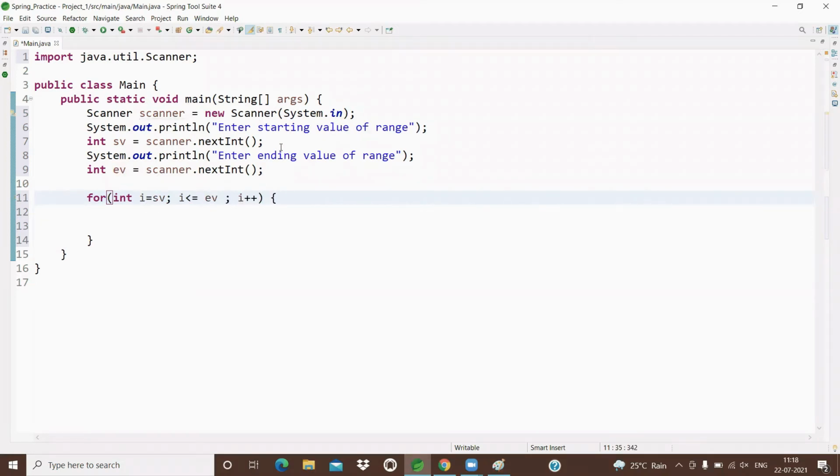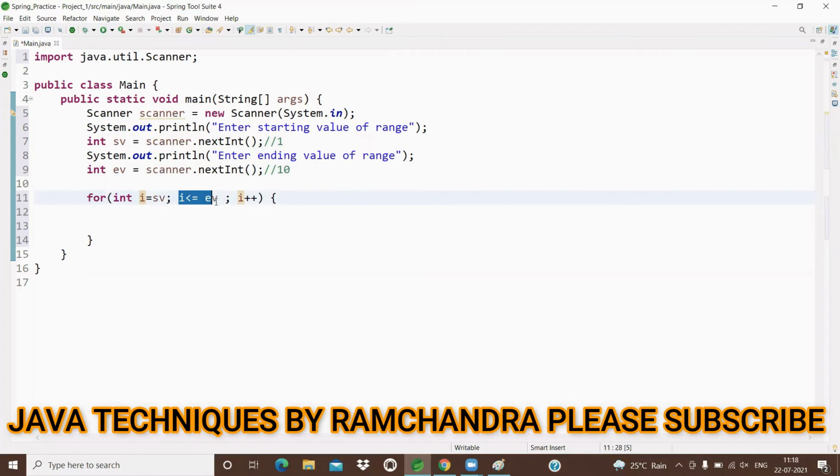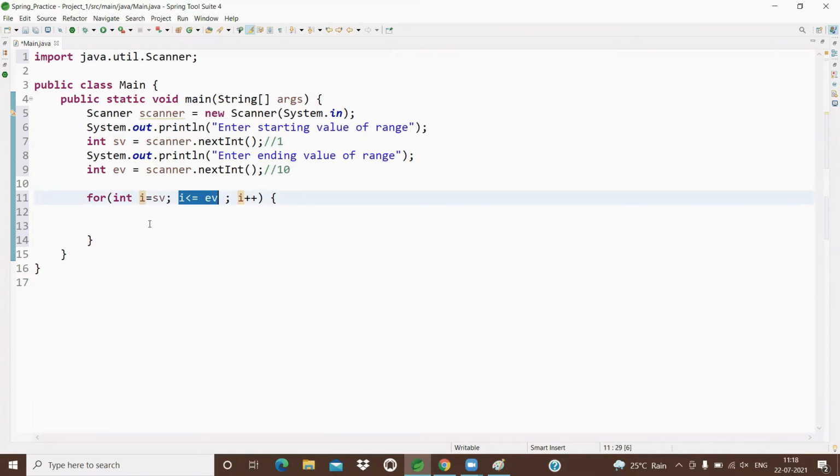For example, the end user enters 1 as the starting value and 10 as the ending value. So 1 will be stored in i, i less than or equal to 10, yes. So the body of the for loop will execute. After that, i becomes 2.